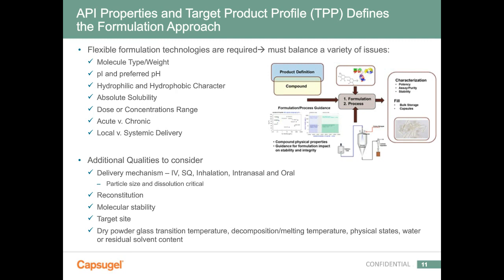What's the overall molecular stability? What kind of temperature profiles are these? What kind of excipient incompatibilities do we have? And in the end, because we're converting something to the dry powder state, we care about the actual glass transition temperature. So at what point do we see mobility as a function of temperature, and the corresponding decomposition and melting